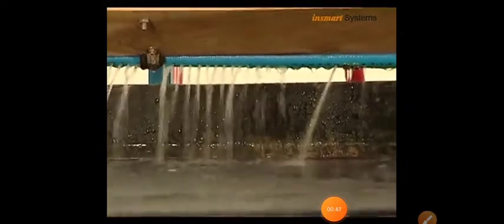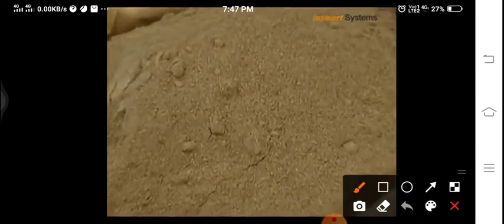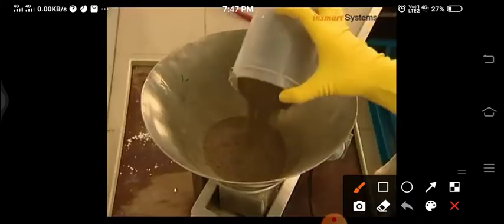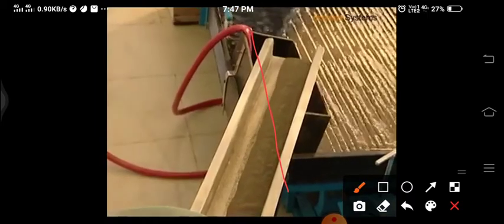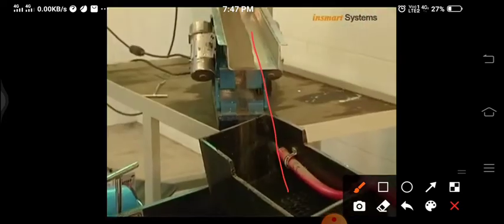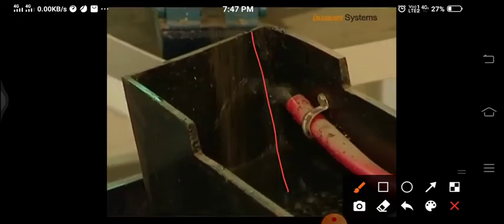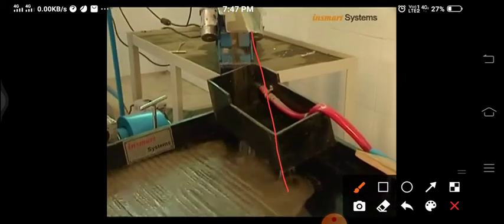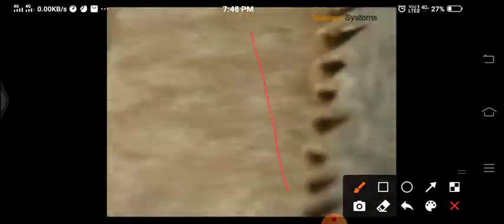So water tapping, you can observe part of water, and this is the mixture. We pour this mixture in this container, and from this conveyor it is flowing. With the addition of water, it mixes with that water, and this Wilfley table is going to get vibrating. During this vibration, whatever impurities are there, they are flowing with the water.